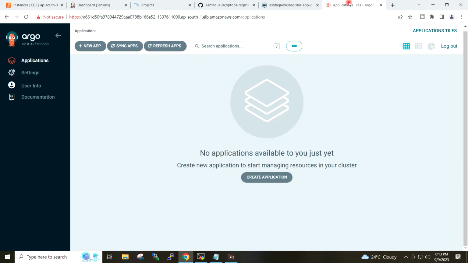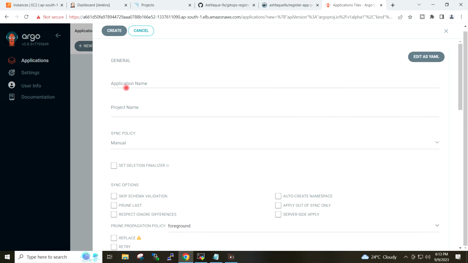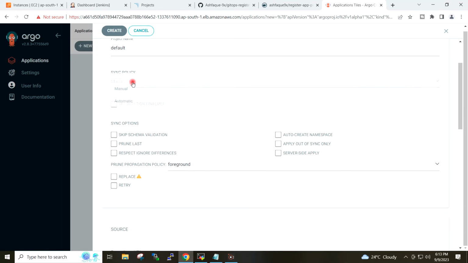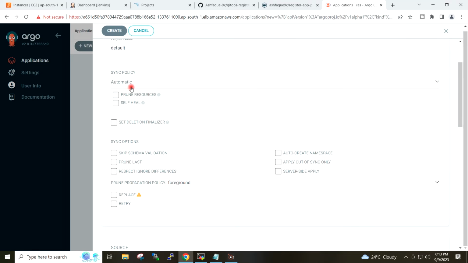So on the Argo CD dashboard, I will go to new app. I will give the name register app, project name I will select default, sync policy I will select automatic. I will tick these two options, prune resources and self heal.